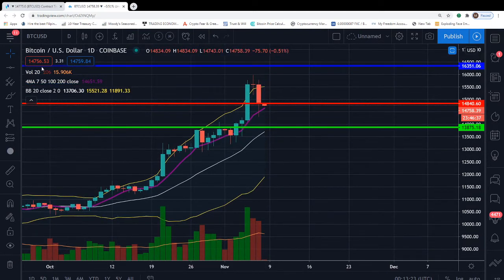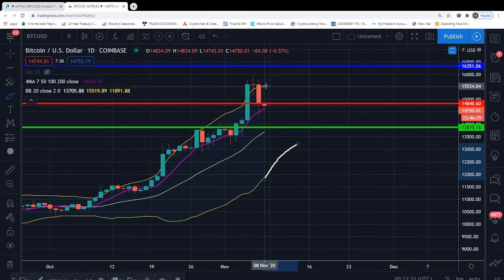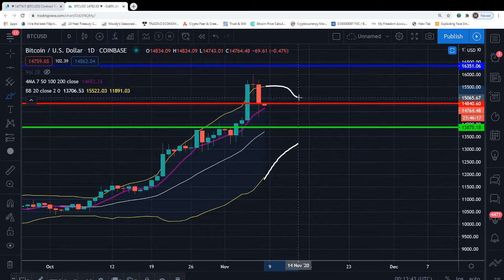But again, I think I said this on the previous video, guys. The Bollinger Bands are continuing to go up on the daily here, and that's not the bullish case scenario for an aggressive move to the upside. Again, I know the 3-day and the weekly are opening, but I'd like to see the daily kind of catch up with them at least at some point,